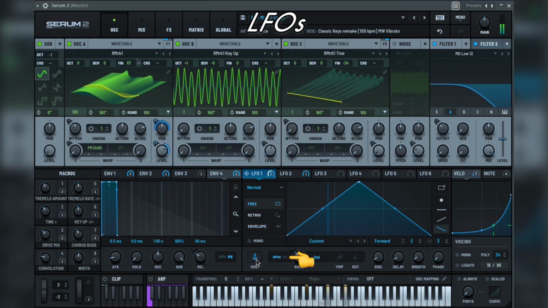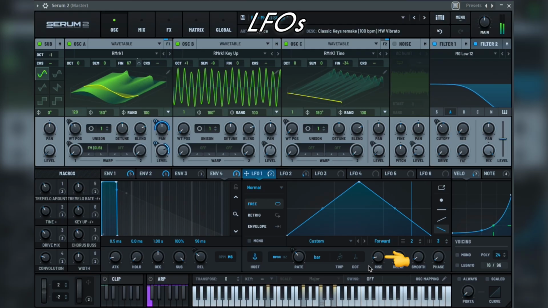This decides whether the time is set to tempo-based units or free time. Rate sets the playback speed of the LFO. These set triplet and dotted time on the rate control respectively, useful for avoiding triplet or dotted times when automating the LFO rate. The rise knob sets the amount of time the LFO shape will have influence over the output,